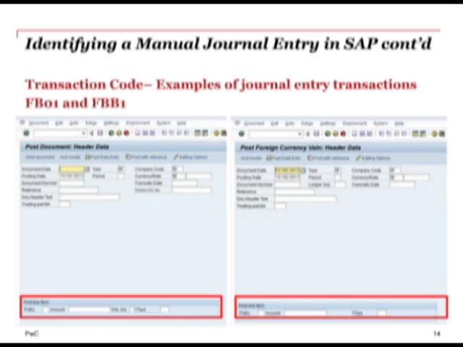So the transaction codes shown here, on the left is FB01 and on the right is FBB1. On the left, FB01 is a common transaction code that is utilized to book manual journal entries. You'll notice at the bottom with the red box, there's the posting key and the account where you can enter that, and then on following screens you can enter amounts and other line items if you want to post that